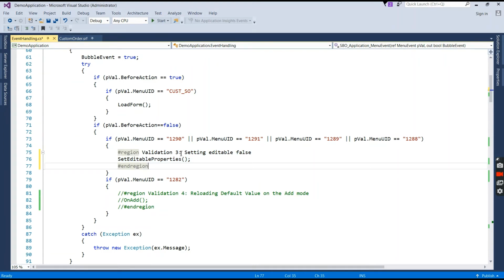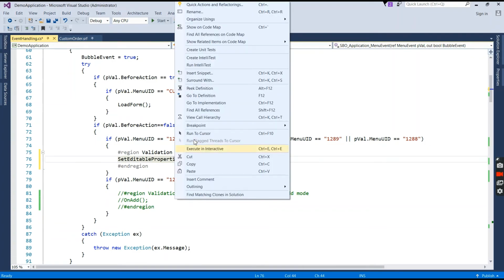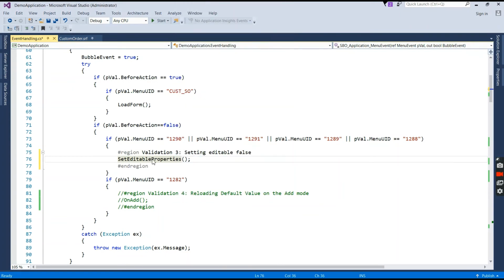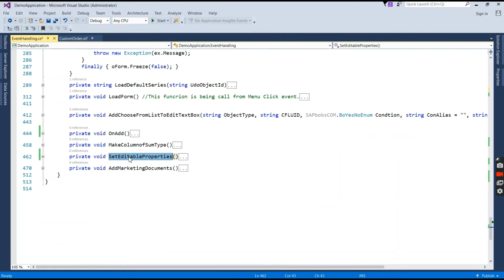You can see on menu click of navigations we have called this function to make these fields non-editable. Menu ID 1219, 1291, 1289, 1288. These menus are for previous, next, last and first. So let's come to this function, we'll see.